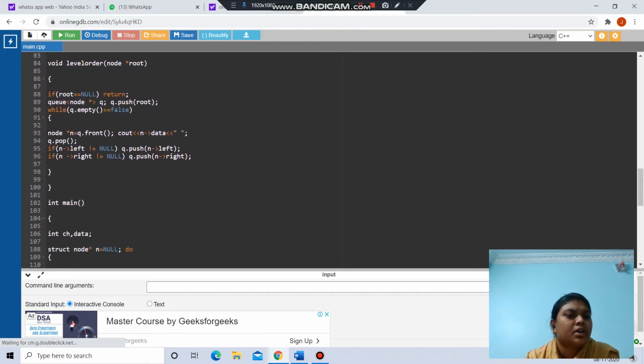Then if root == NULL, then it will return. Queue<node*> q, and q.push(root). Then in a while loop, q.empty() == false, then node* n = q.front().